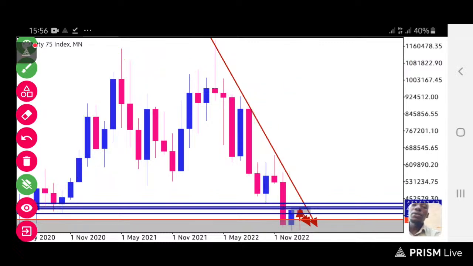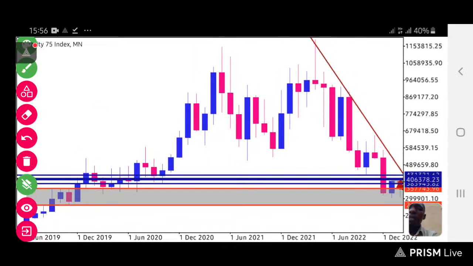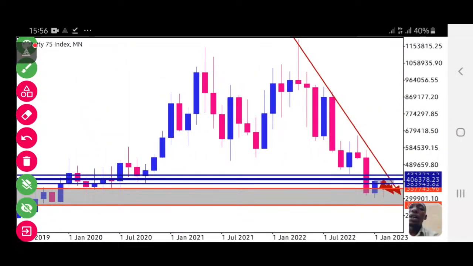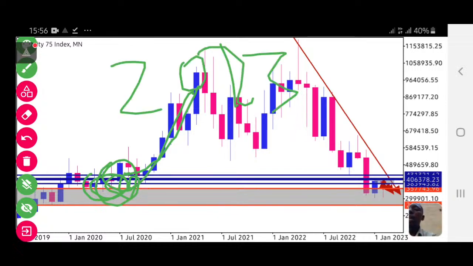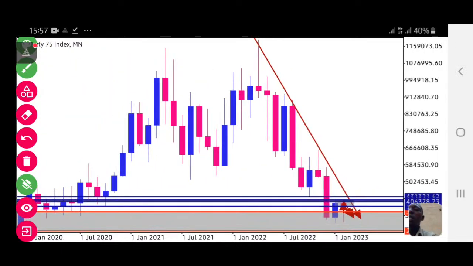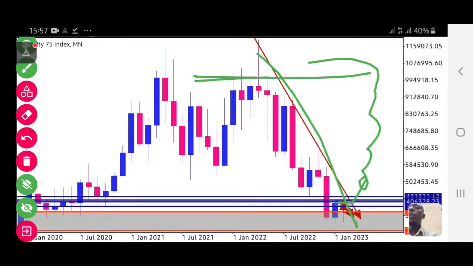We are on our monthly time frame. We can see, as I told you guys in the last live, that we have a zone here where the market started to pump up on 1st January 2020. Right now, in 2023, we can see that the market has rebounded back to exactly the same zone. We are expecting the market to break this trend line, and then we start to see buys, guys, up to when we come back here.